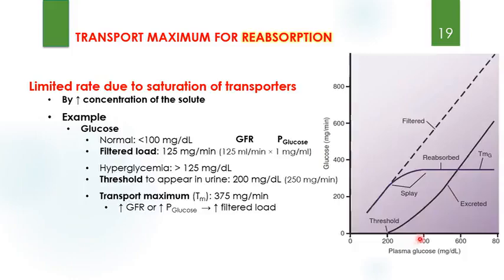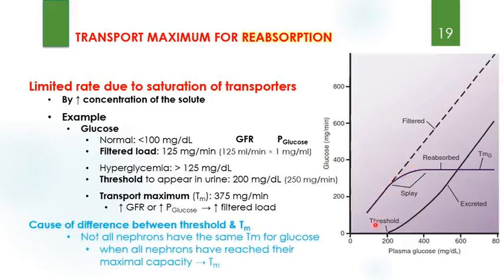After this concentration, by increasing the concentration of plasma glucose, all this extra glucose will appear in the urine. So reabsorption will remain fixed, and any extra glucose that is filtered will be excreted. Between the threshold and the plateau concentration, you see that there is a phase known as splay. It is due to